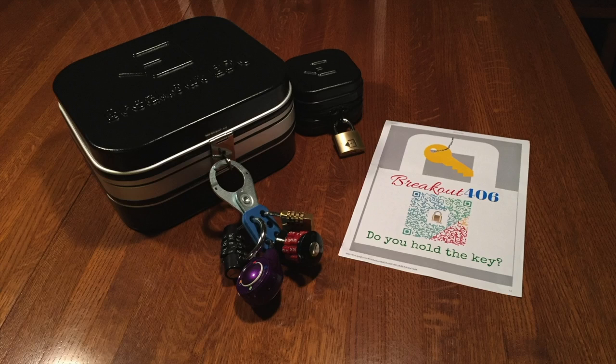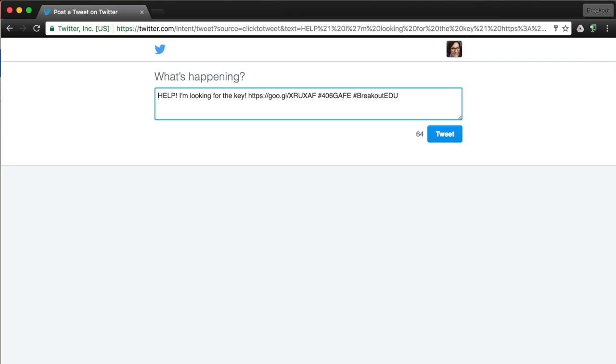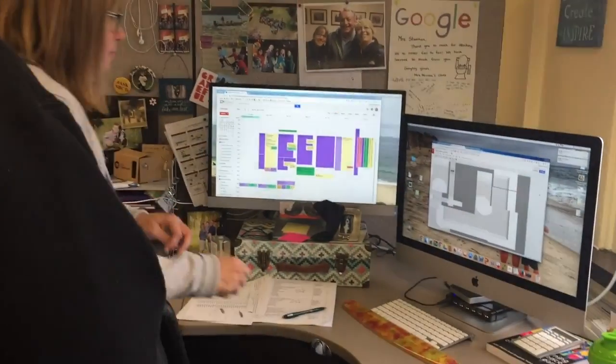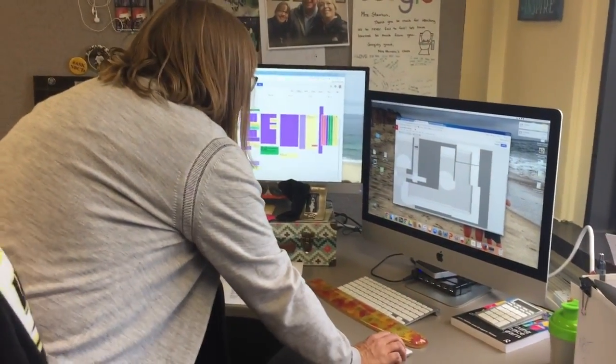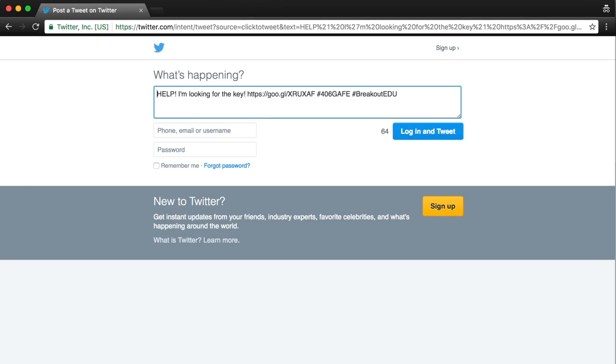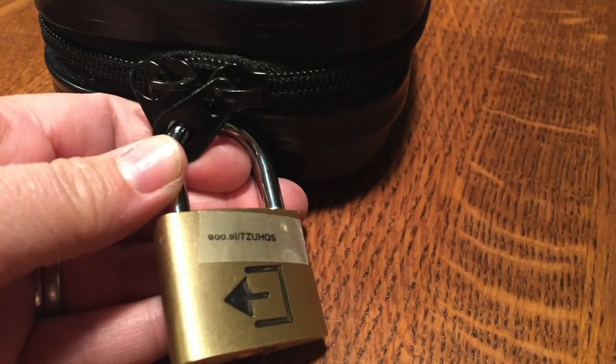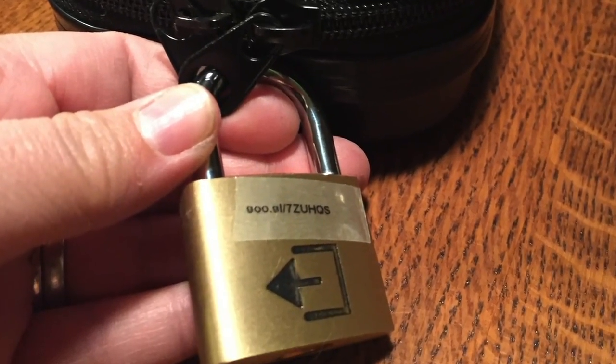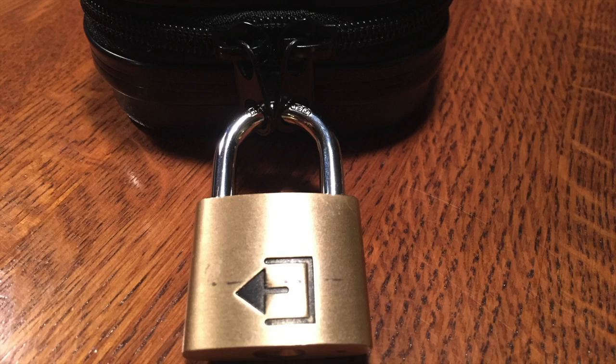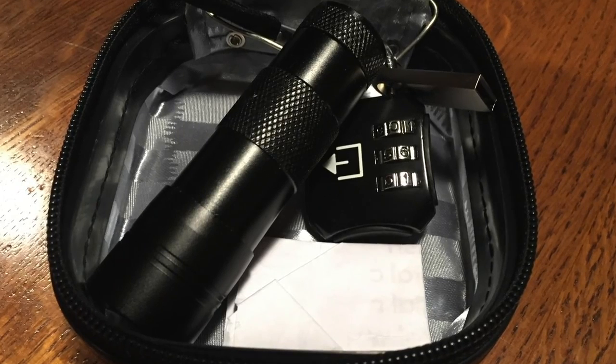Starting with the colorful QR code that leads them to a Twitter post, participants will not only let the world know that they are on a Breakout EDU hunt, but they will also gain access to the next clue. Note, if your participants don't have Twitter accounts, they can still access the clue. Once they find it, the key goes to the lock, which also includes a shortened URL they'll later use for another clue. This is on the small box, inside of which is hidden the UV flashlight, the flash drive, and